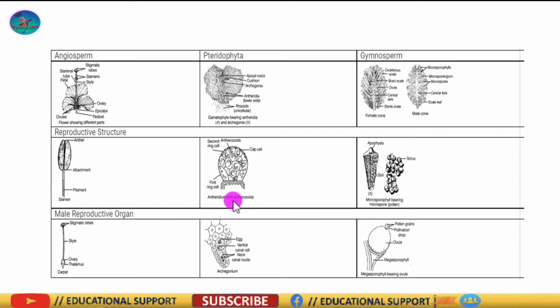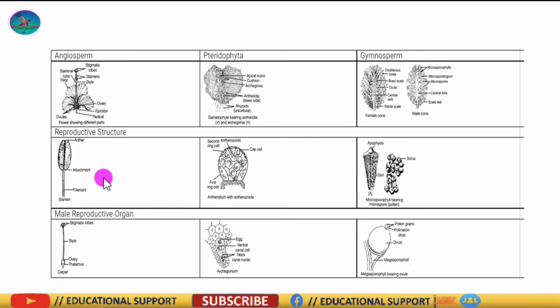So in the case of pteridophytes, a distinct male gametophyte is absent, antheridium is present, male gametes are flagellated, male gametes reach the female gamete by swimming in water, and female gametes are not enclosed inside the ovule. In the case of angiosperms, angiosperms have small pollen grains that spread genetic information from flower to flower. You know that all angiosperms have stamens, and stamens are the reproductive structures found in flowers that produce the pollen grains that carry the male genetic information.